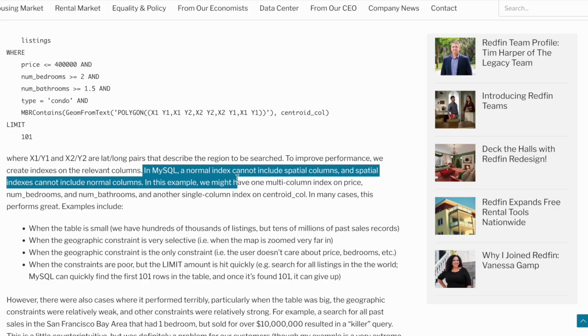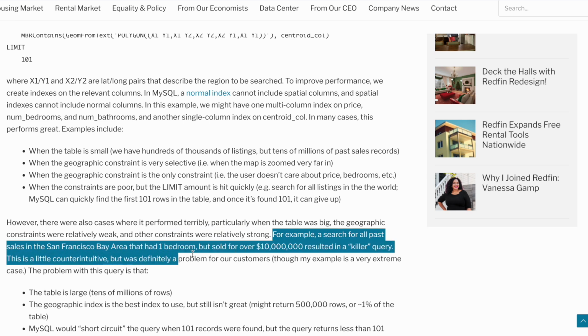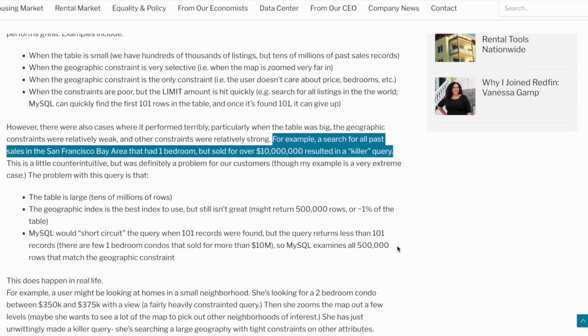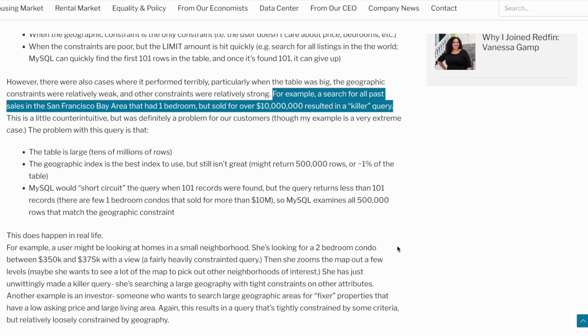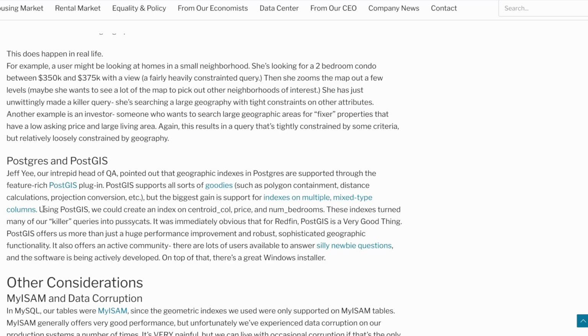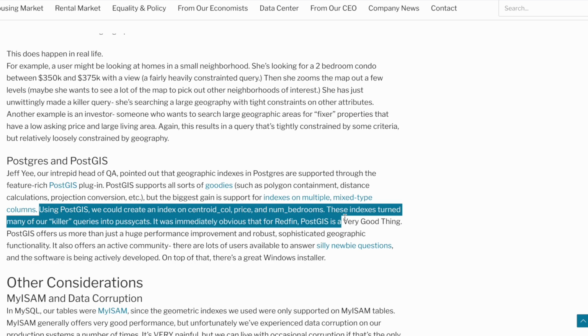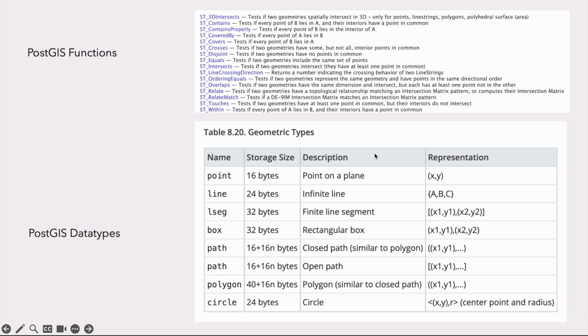In MySQL, a normal index cannot include spatial columns, and a spatial index cannot include normal columns. In other words, developers can't create an index mixed with spatial columns and other types of columns. For example, a search for all past sales in the San Francisco Bay Area that had one bedroom but sold for over $10 million resulted in a killer query. However, using PostGIS, we could create an index on geospatial typed columns as well as other types. Besides the index,